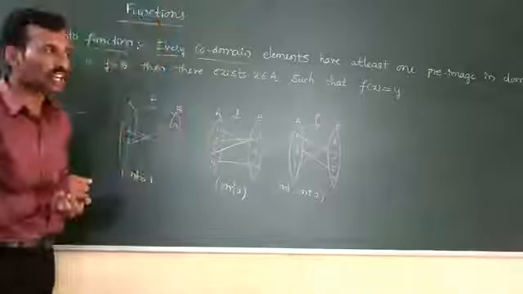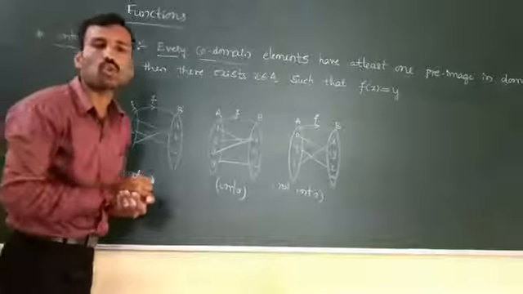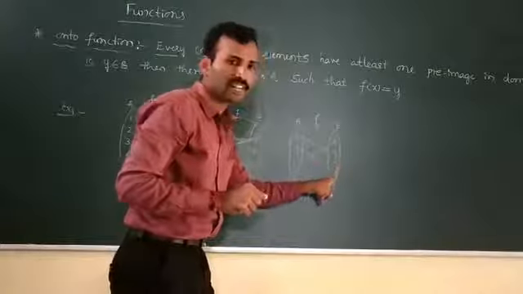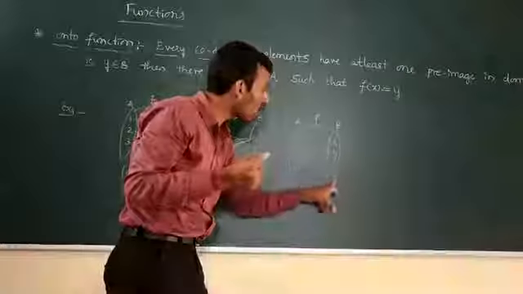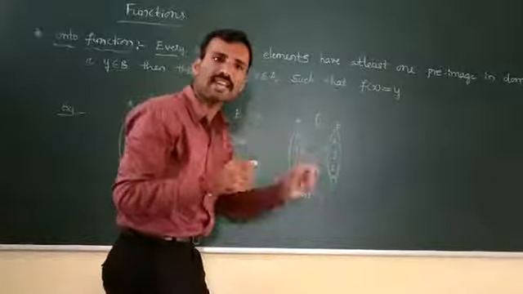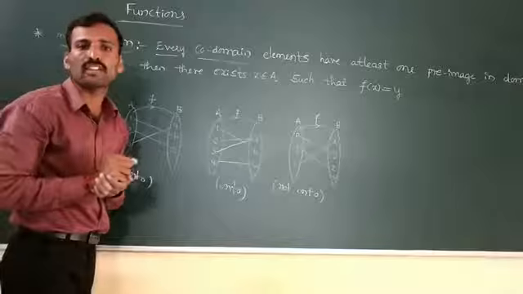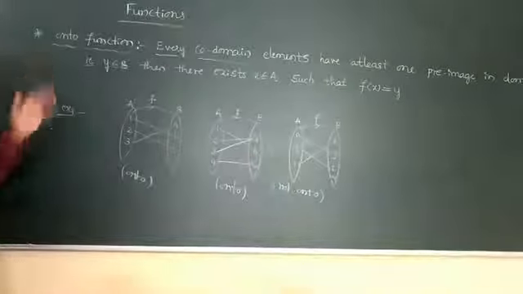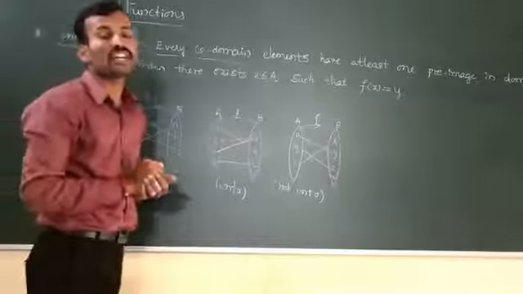The other definition we state is: a function f from A to B is said to be an onto function if range is equal to codomain. What are the range elements here? The set X, Y, Z. What about the codomain elements? They are X, Y, Z, W, which is not equal to the set X, Y, Z. Since the set X, Y, Z is different from the set X, Y, Z, W, range is not equal to codomain. That's why the function is not an onto function. Onto function is also called a surjective function. One-one function is also called an injective function.